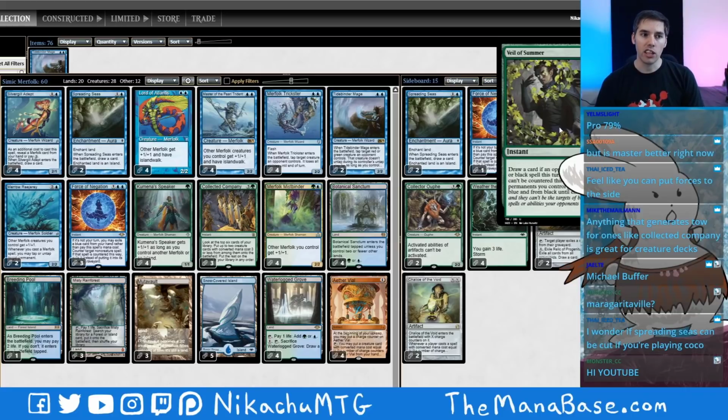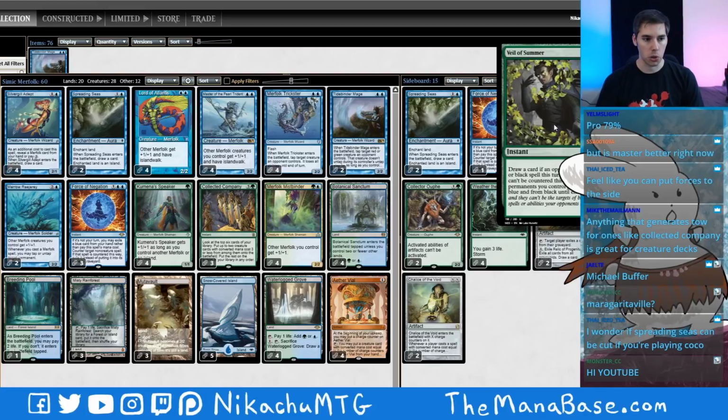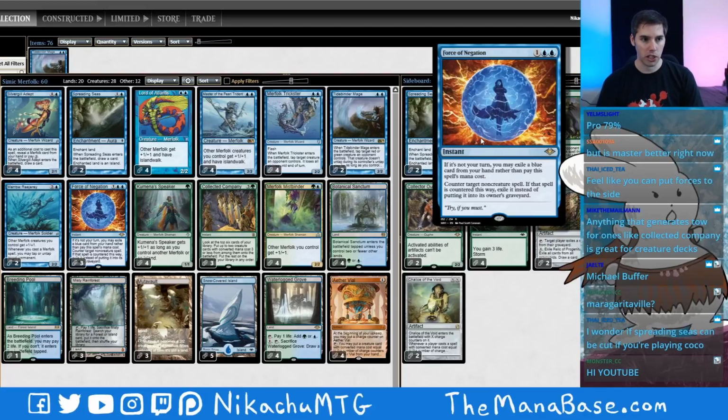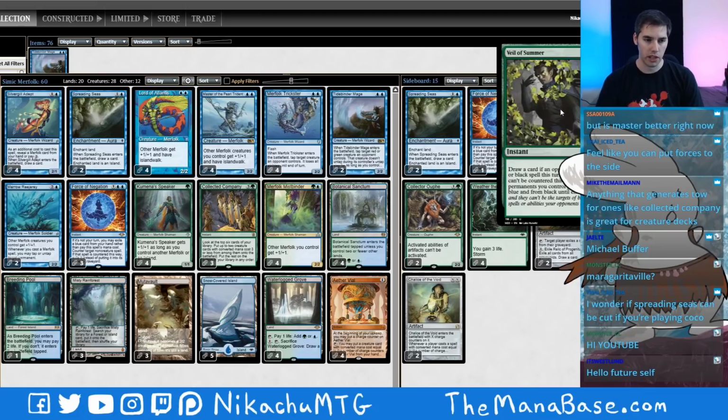Yeah, that's all I can say. I can use it to protect myself against all those Jund and Death Shadow-like decks, and it'll help against Control. I don't have that much counter magic outside of Force Negation against Control, so I would like to have